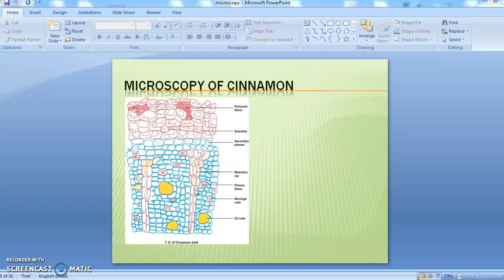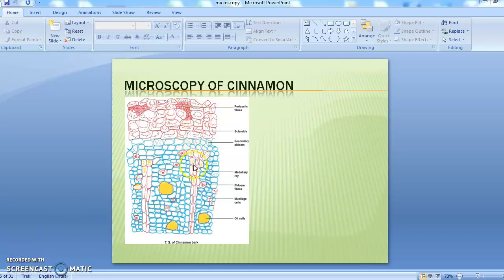Near the cambium, it becomes broad, and towards the outer layer of the tangential growth, the cells become narrow. Near about 7 to 14 different cell layers are present here. Medullary rays are radially elongated, thin walled, with yellow-brown cells. These yellow-brown cells are the oil glands, and also contain some calcium oxalate crystals and tannin.